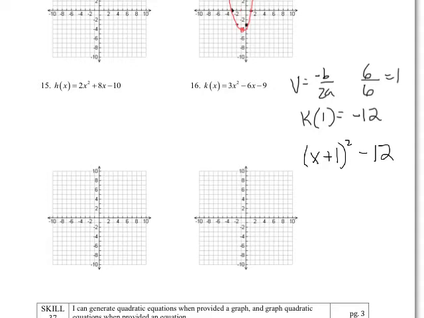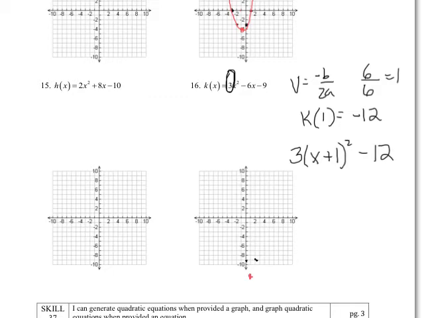Finally, we should look to the number in front to determine the stretch. So the stretch is a vertical stretch by a factor of 3. So let's go ahead and plot that. Vertex to the right 1, down 12. So right about there. And then the vertical stretch is by a factor of 3, which means out 1, up